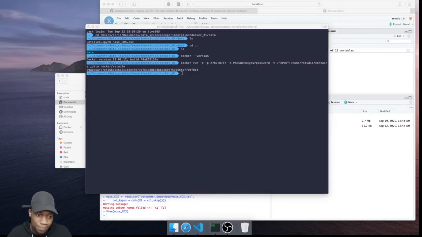Gonna try and get the data science image from Jupyter, and so you can imagine it's probably the same thing, right? Docker run, remember, and then -d to make it run on its own, -p to connect the ports. So for Jupyter Hub, because obviously 8787 is already taken, and the truth is nobody ever runs a Jupyter from 8787, so it's usually 8888, and then 8888 again from the container, and then obviously -e